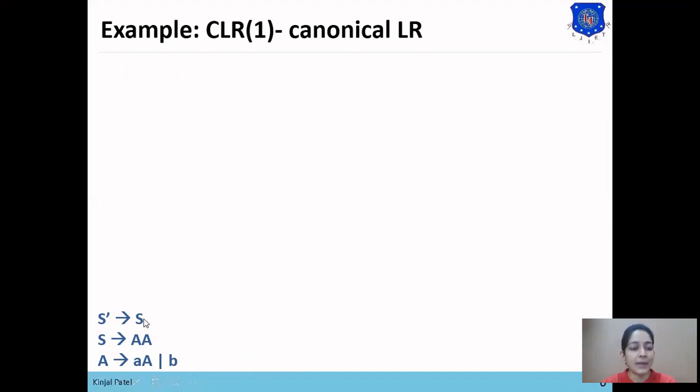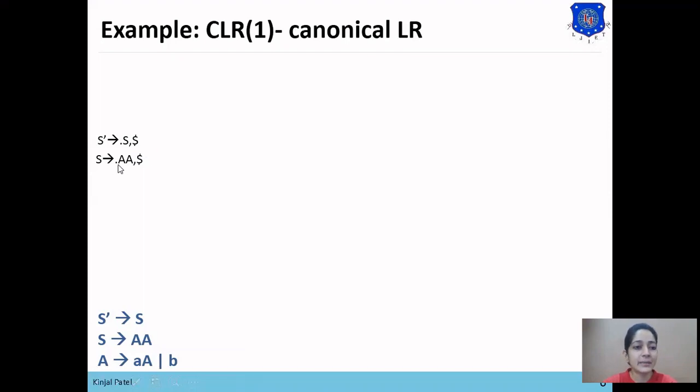So first we'll apply the closure rule. The first rule will be S' derives dot S comma dollar. Initially, the dollar look ahead will be added for the starting symbol. Now dot is present at the beginning of the S symbol, so the production of S will be added in this set. So S derives dot AA will be added. Here in the first statement, between S and comma there is no term, so beta is null. So directly dollar will be placed in the look ahead of S.